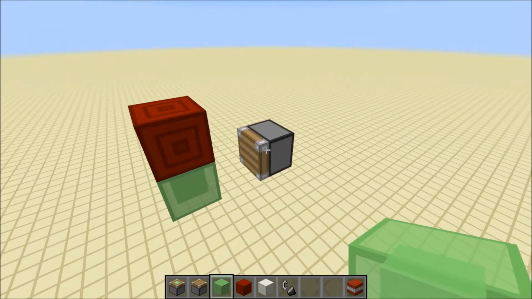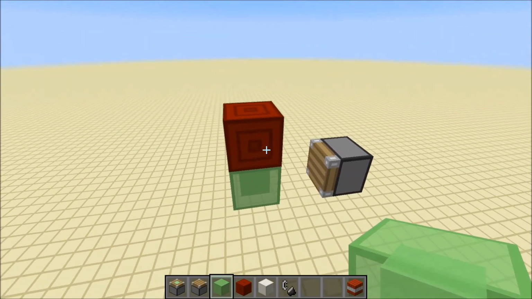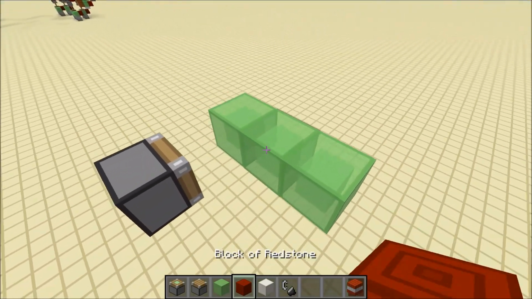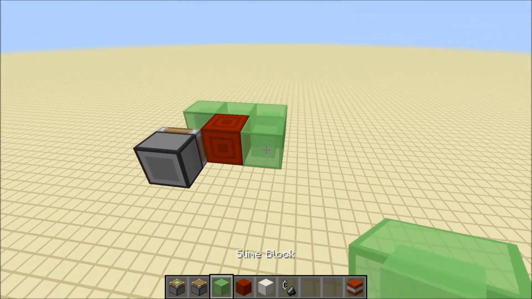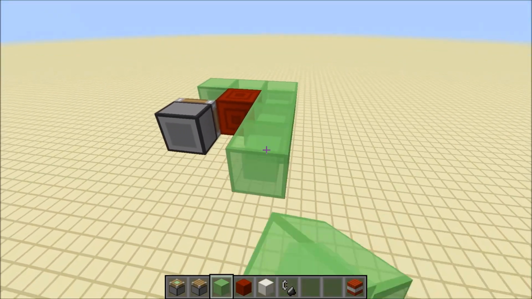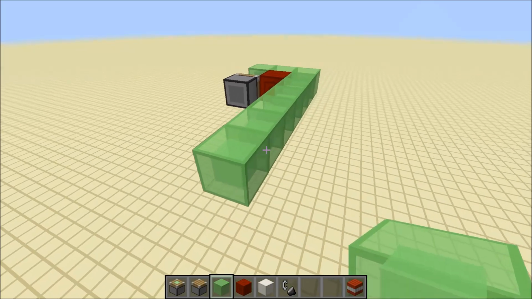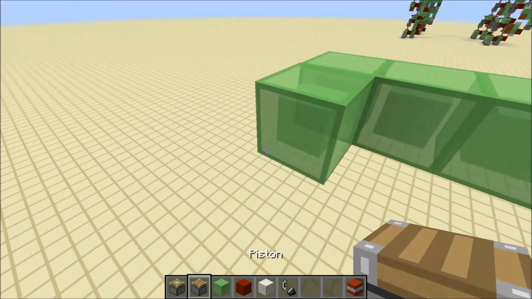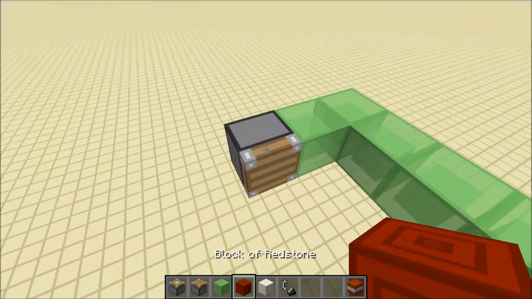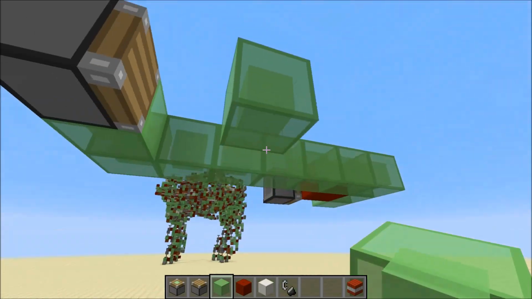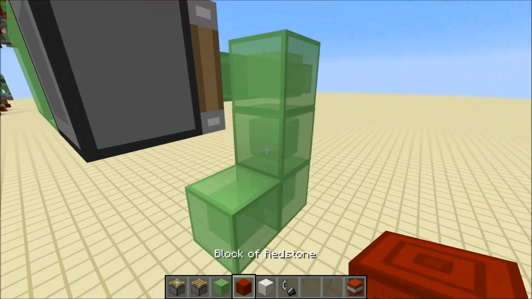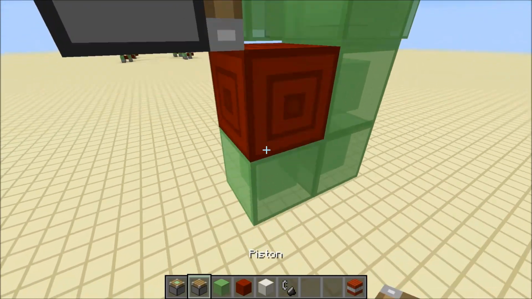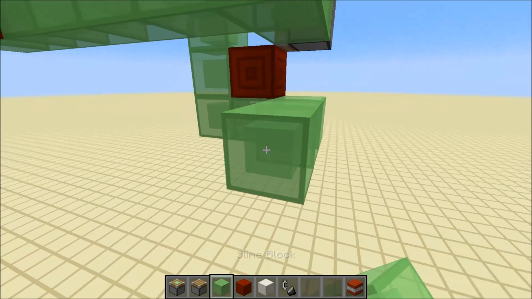The principle we just used, where a piston gets pushed into a powered position, we can actually use to make a very simple, understandable flying machine. I have this section, I'm going to move it back a little bit, and bearing in mind the 12 block push limit, we're at 10 now, 11, 12, and then we'll go down with a redstone block here, so that when this gets pushed forward, it can immediately extend again. 6, 7, 8, 9,